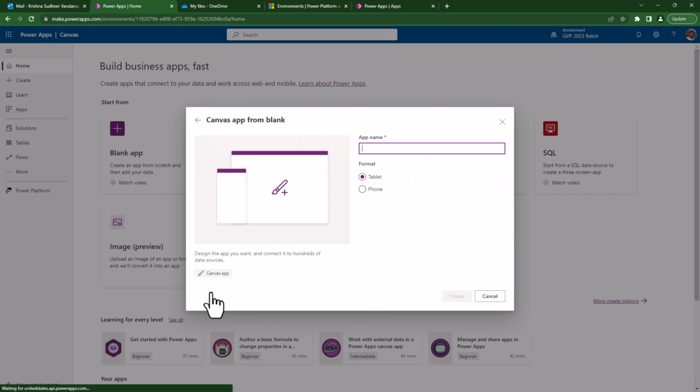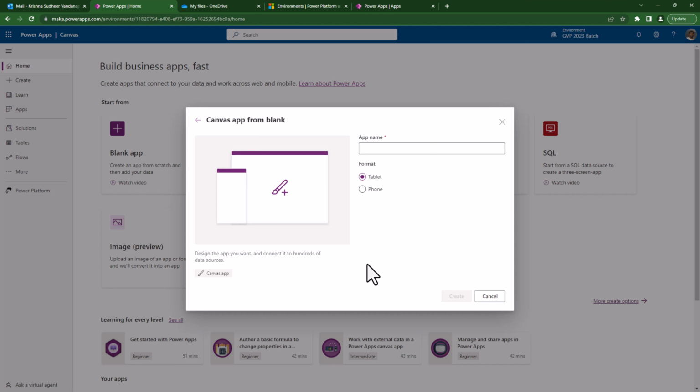Click on create. Now notice there are two options it is showing. What are those options? Tablet and phone. Notice the preview here. This is the tablet view and this is the phone view. If I click on phone, it will create an app with phone layout. And if I choose tablet, it will create the app with tablet as the default layout or the rendition behavior. And notice that we just created an app with data and it created the app with the mobile or the phone